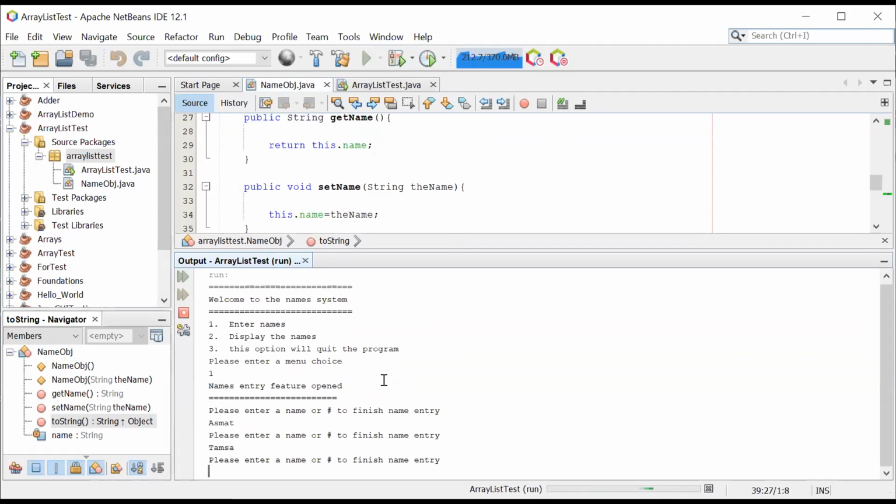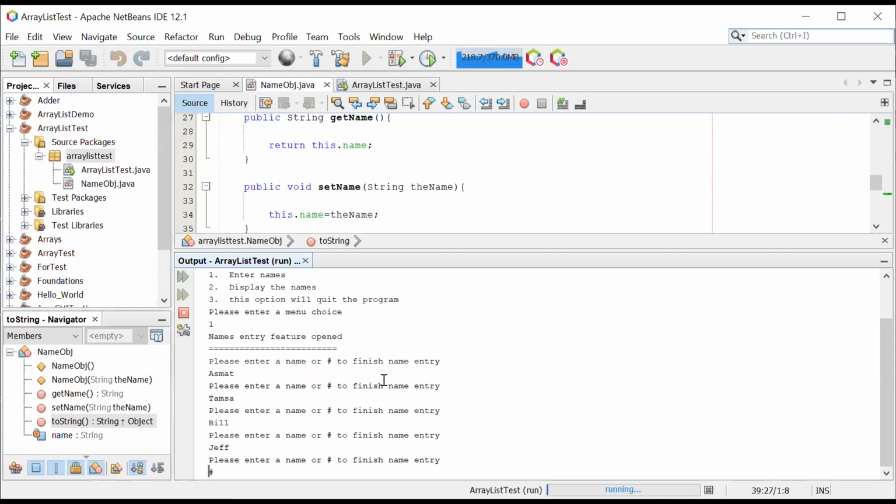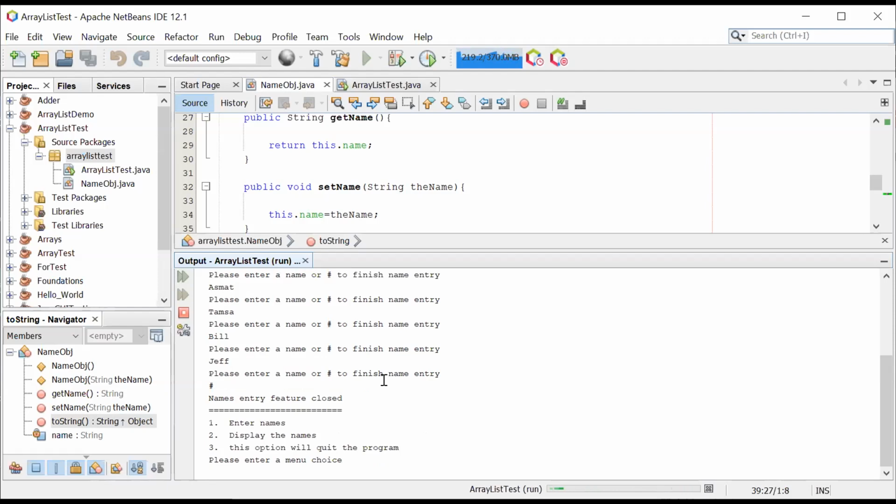And each time I press enter, it's asking me for more. Enter the hash symbol to finish name entry. So I press the hash symbol, and then it takes me back to the main